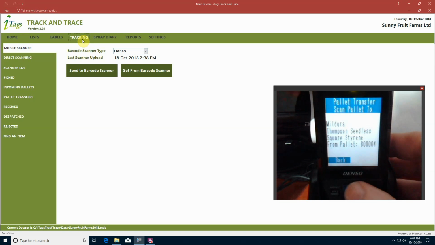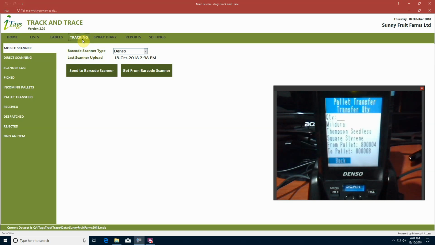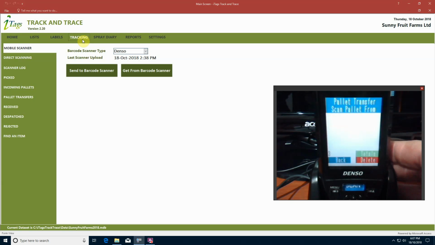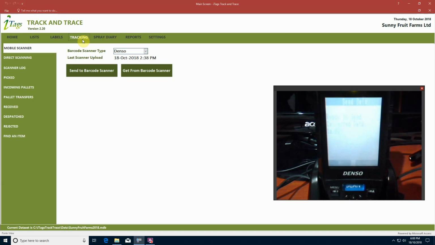So if you imagine in your warehouse, as you take the stock, you're recording how many you take off, and I'm taking 4 from that, and I've now completed that. So now I can back out from that, and I want to send that data back to the PC, and I'll hit enter to do that. Go get from barcode scanner. It's going to receive that data,